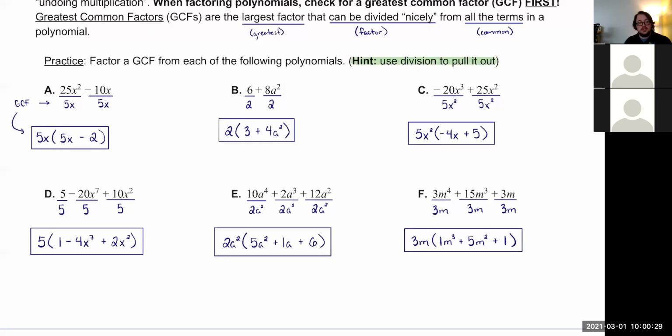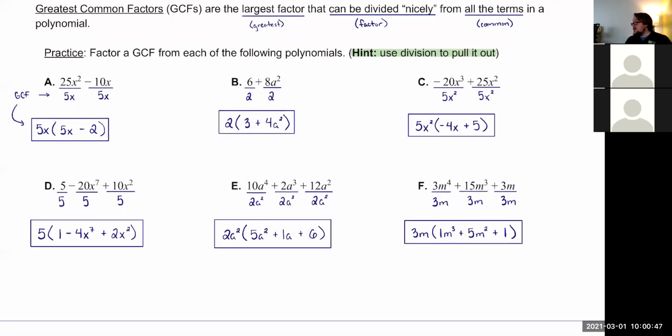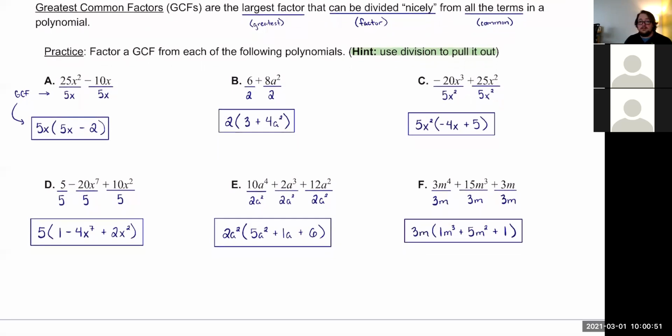Any questions on just basic greatest common factors? If A, B, and C. Well, I can come back to those in just a moment. So I'll bring those back. So if there's no questions on finding greatest common factors or what to do with them once you find them,